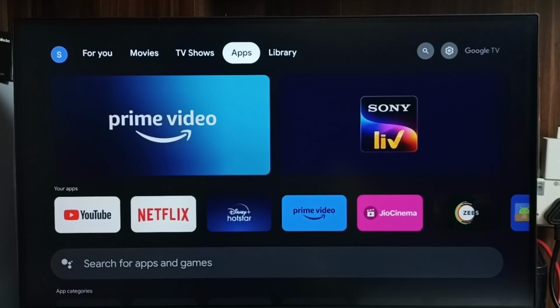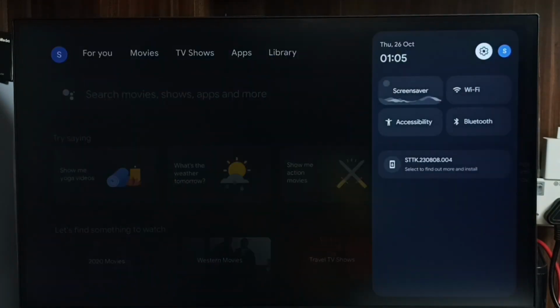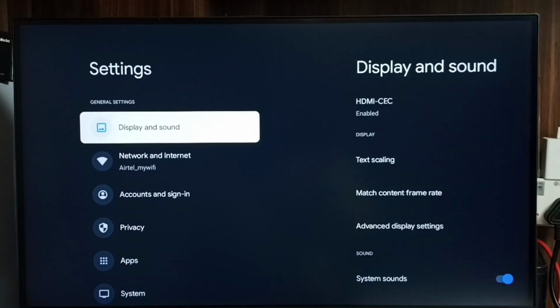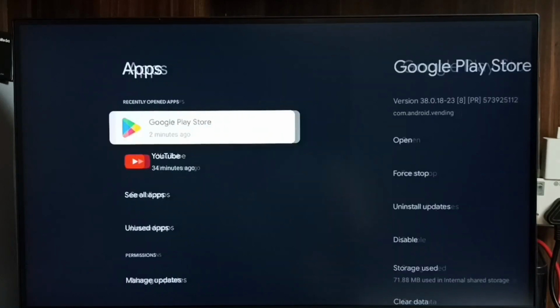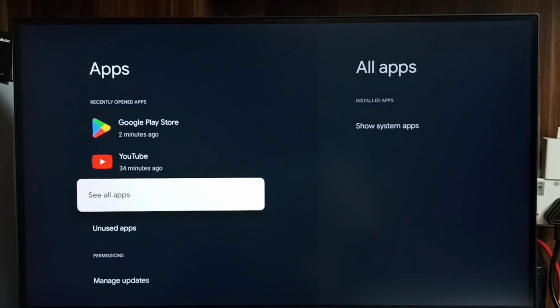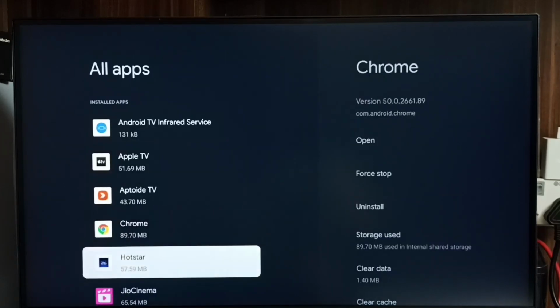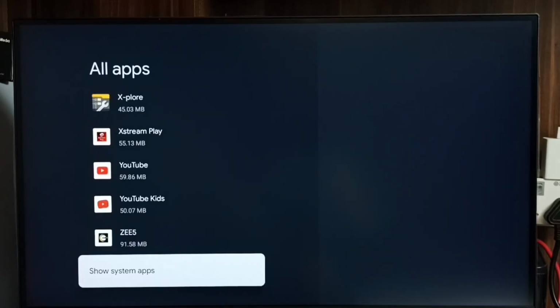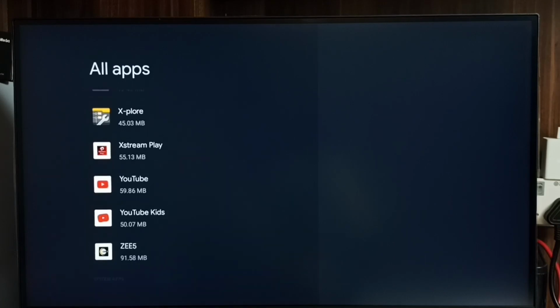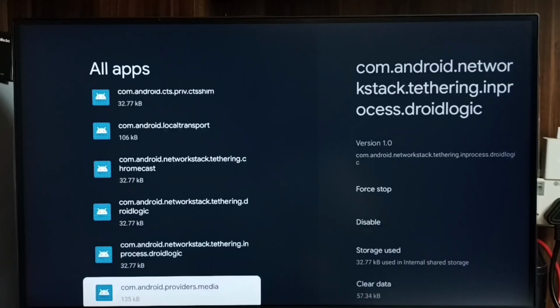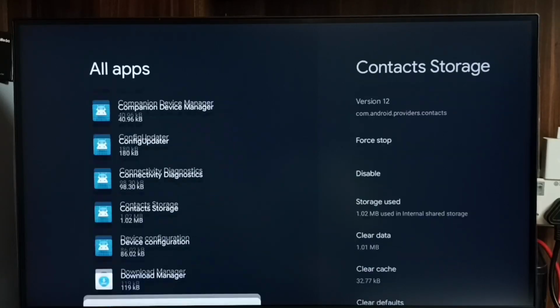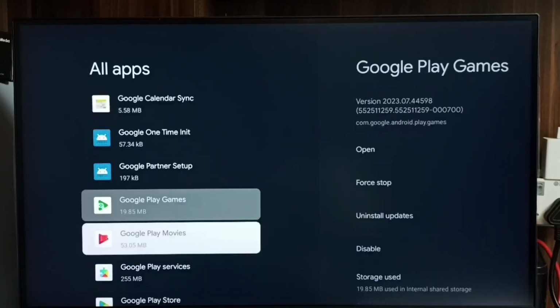Method 1, go to settings. Search the settings icon. Select apps. Select see all apps. Go down and select show system apps. Under system apps, we have to search and find Google Play Store. Go down, there we would be able to see Google Play Store. Select it,